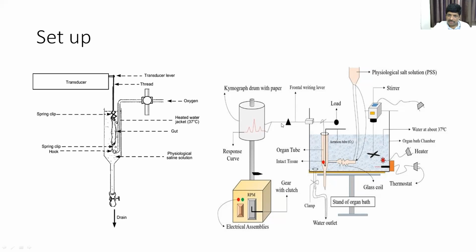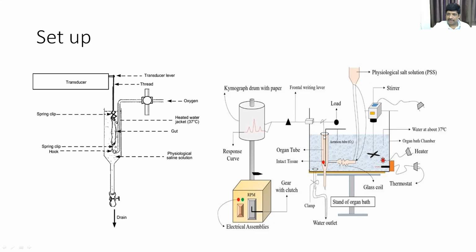This is known as a lever. There are many types of levers, like the frontal lever, the gimbal lever, and all. So you put a lever here, the stylus is here, and say that this drum is far away. You first put this, and then you have to put a load here, and then here also one is needed. You tie this tissue with a thread, and one end of the thread is attached here. This is the aeration tube.